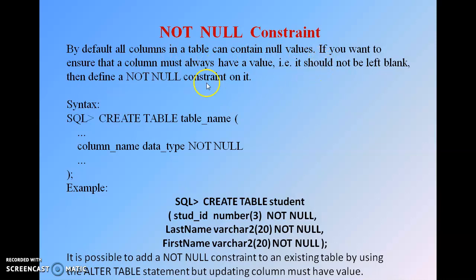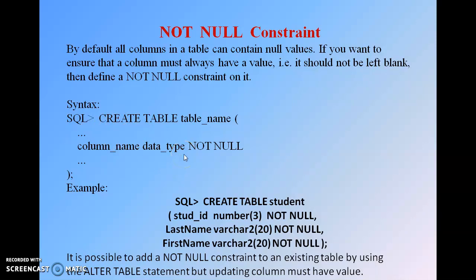If we want to ensure that the column must always have a value, meaning it must contain some value according to its data type, then you must define that column with a not null constraint. For example, here is the syntax of creating the not null constraint, or defining a column as a not null column. While creating a table, we can define the column with a not null constraint.